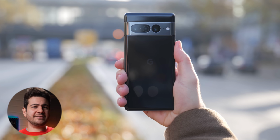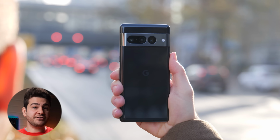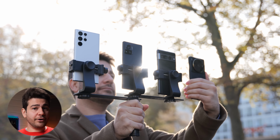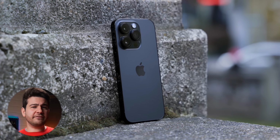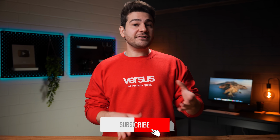An intriguing fact is that the Pixel 7 Pro was the winner of the photo category in our previous comparison video, in which we were outside under sunny conditions. Today though, the iPhone 14 Pro had the best photos. This goes to show that different phones perform differently under different circumstances, and I think it's the perfect circumstance to